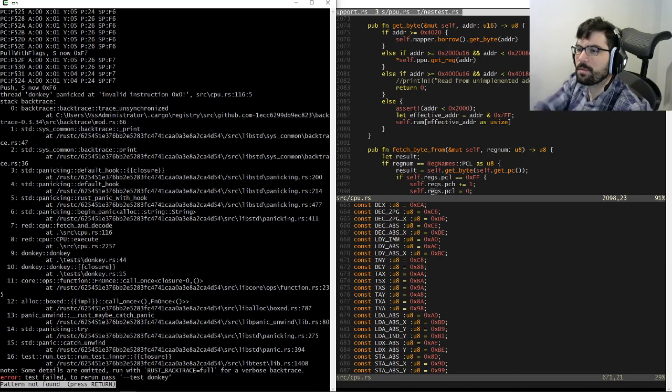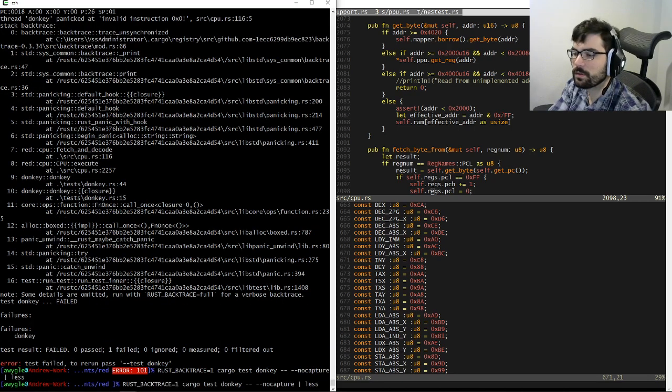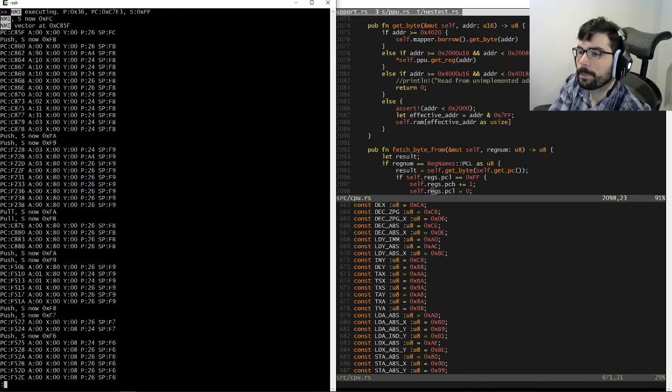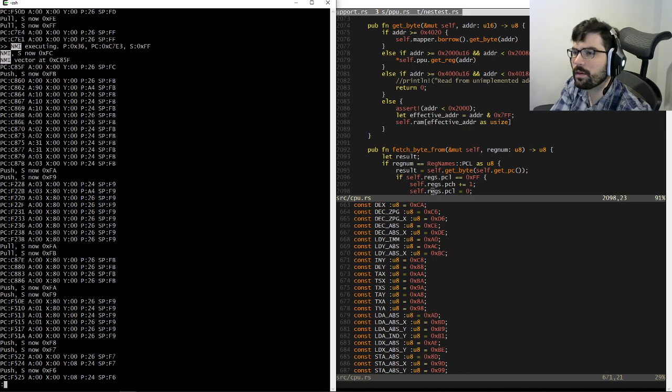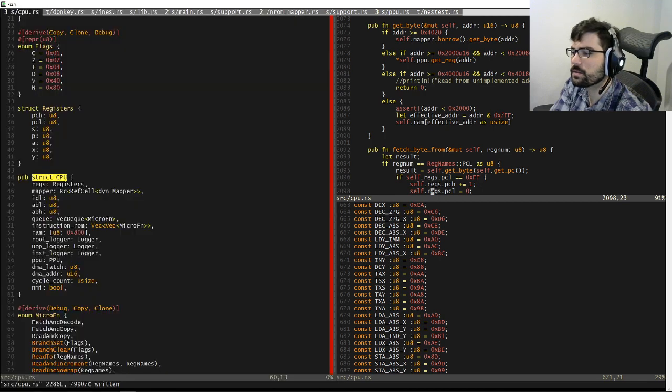But only one NMI happens, apparently. I wish I had a better way to do RTI, to like print when I hit an RTI. I mean, I guess I could just do it this way.